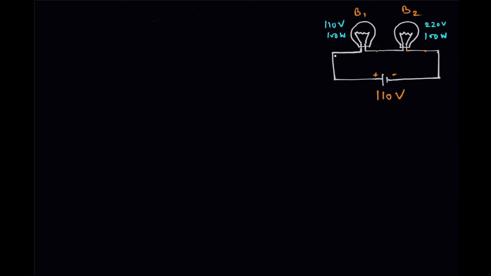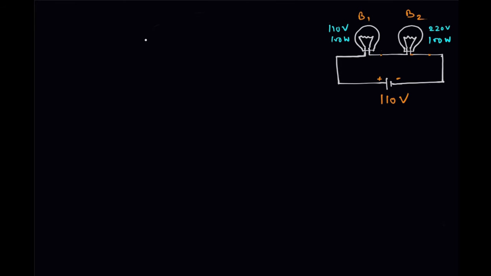Now we have to calculate the power consumption. How can we do it? We can do one thing: first we have to calculate the resistances. Its resistance is R1 and its resistance is R2. Let us calculate R1. R1 is how much? That formula we will write again here: P is V square divided by R. R1 is equal to V square divided by P. V square here is 110 square divided by P, P is 100. So you get how much?